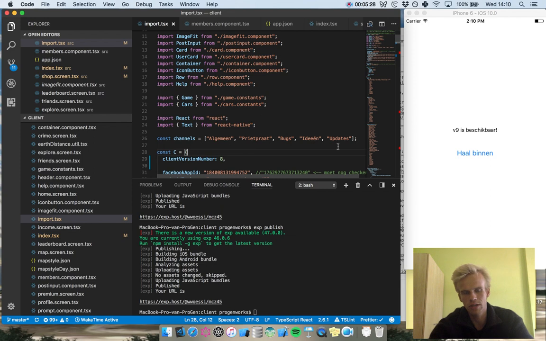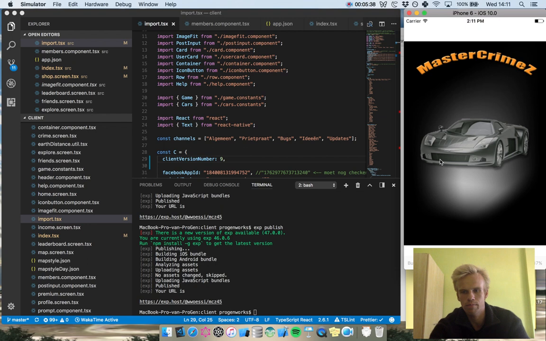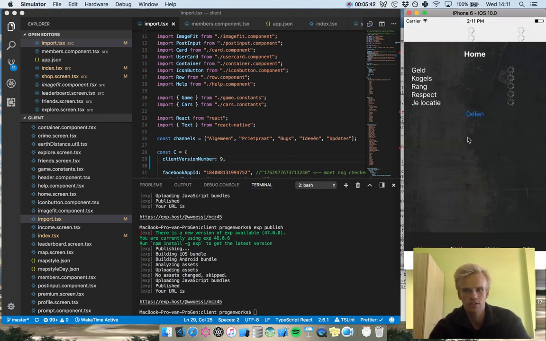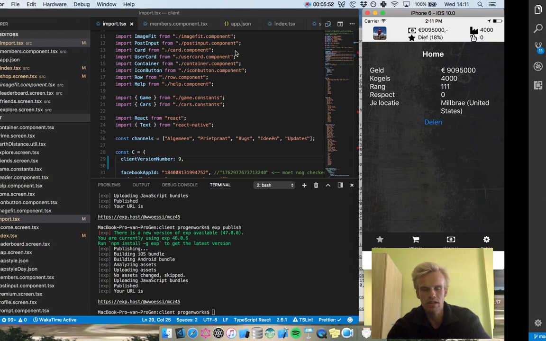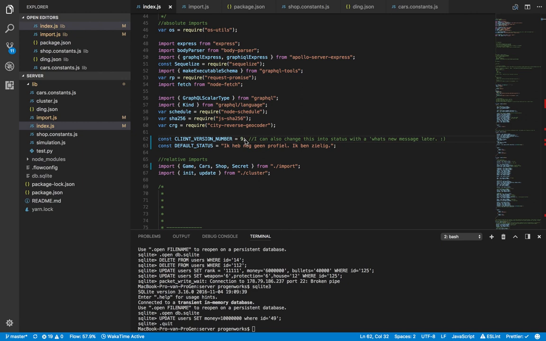But normally, if you click on it, it will download the newest version, and then we would be on version 9, and then it would refresh the app, and then we can enter the app again, which is great because this way it will automatically enforce users to have the newest version. So you might be interested in how exactly I present the newest version number